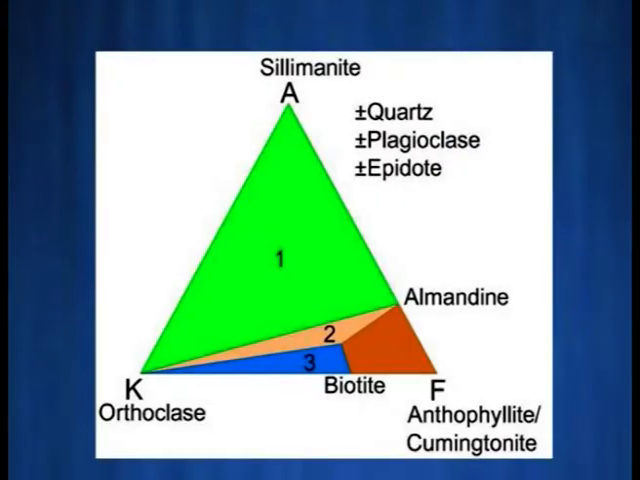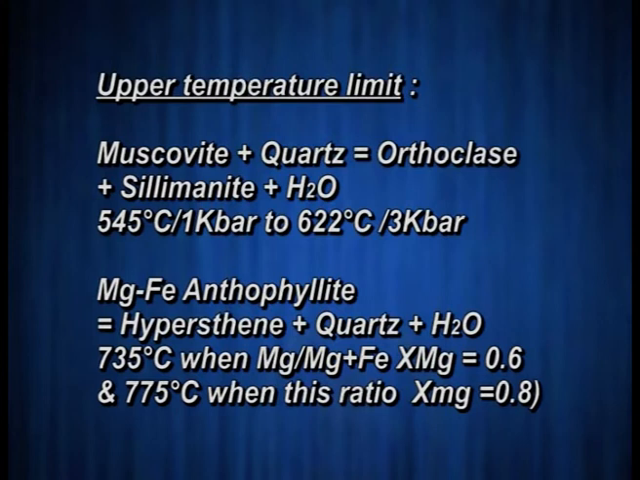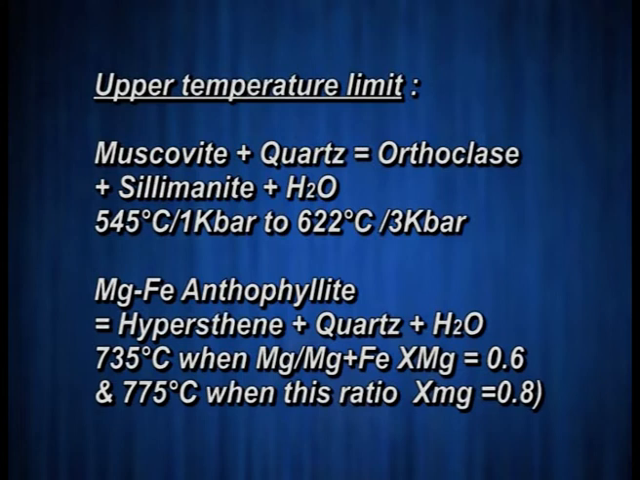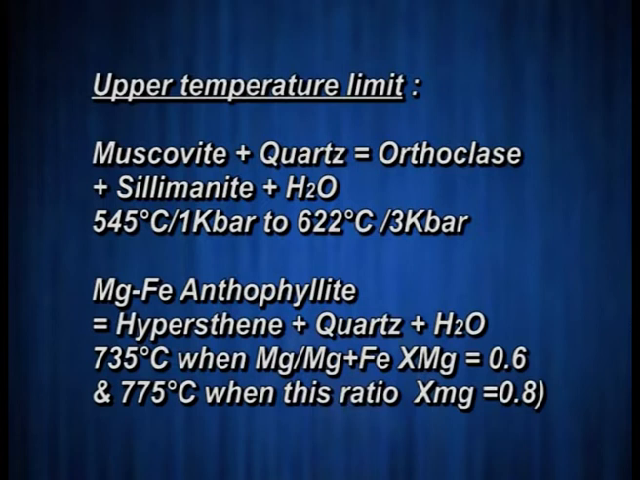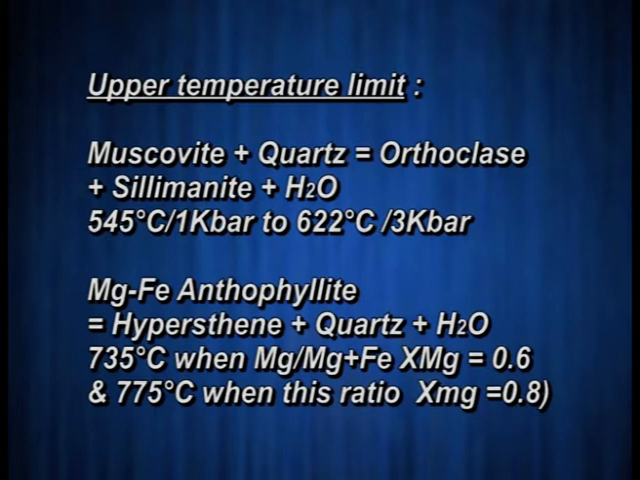Upper temperature limit. The upper temperature limit is indicated by the following reaction: muscovite plus quartz gives rise to orthoclase plus sillimanite plus water, which occurs at 545 degrees centigrade, 1 kilobar to 622 degrees centigrade, 3 kilobar, carried out by Rover 1975. Another important reaction is Mg-Fe anthophyllite giving rise to hypersthene plus quartz plus water, which occurs